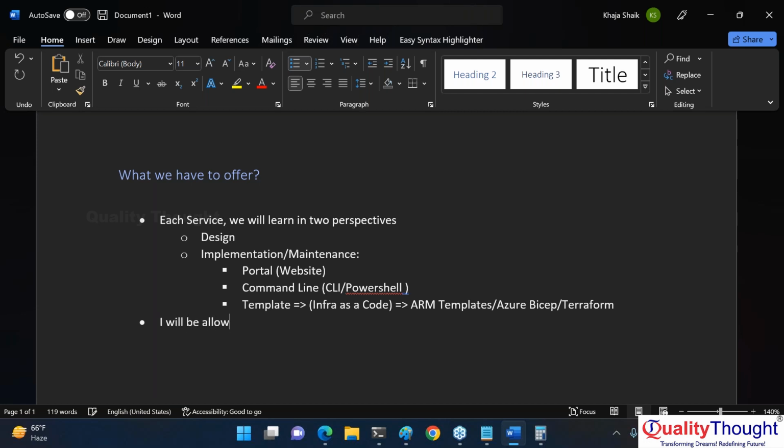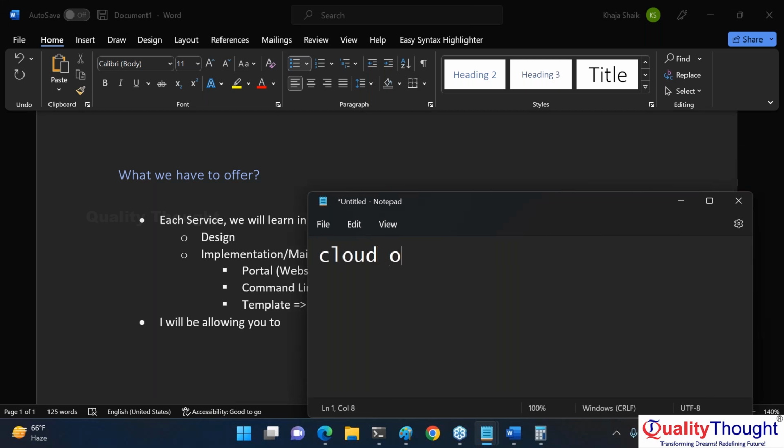Now, for the people who have come here only for Azure, not for DevOps, anyway, I teach DevOps over here. A cloud engineer is a good role, but cloud ops is a better role. There is one role which is called cloud ops. The easiest way of looking at it is cloud engineer plus DevOps engineer. Here you are multi-skilled. If you look into any job descriptions, you will see most people asking for the second one.